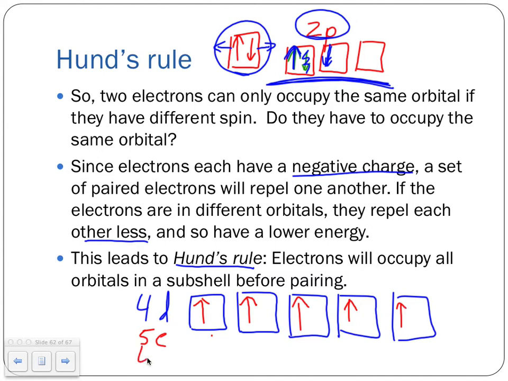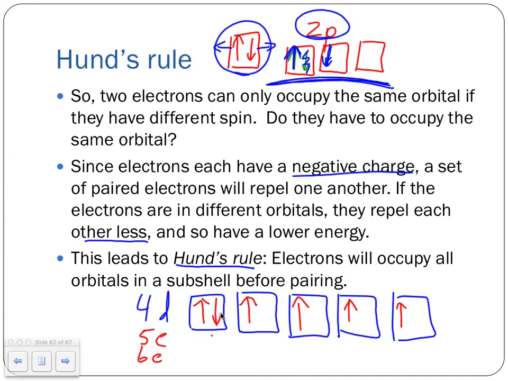So what if instead of 5 electrons, we had 6 electrons? Where's number 6 going to go? Well, there are no empty orbitals at this point, and so that means the next electron is going to have to pair up. And since it has to pair up, since the first electron was spin up, the second electron has to